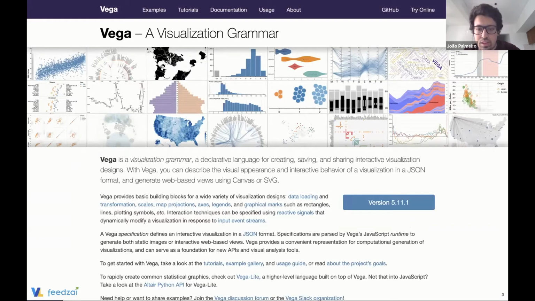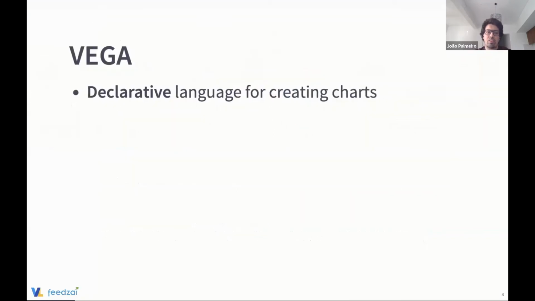So this is basically the main website, and you can already start to grasp some of the major things, like it describes itself as a visualization grammar. You have a lot of building blocks. It also has different APIs and so on. So basically, and here I will try to start with Vega, the main toolkit of this ecosystem,